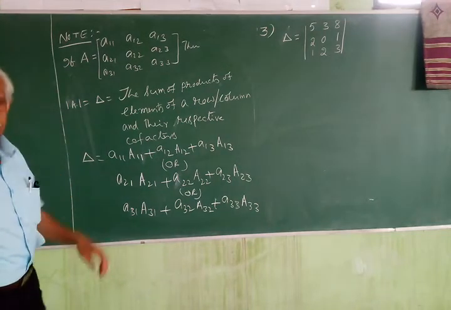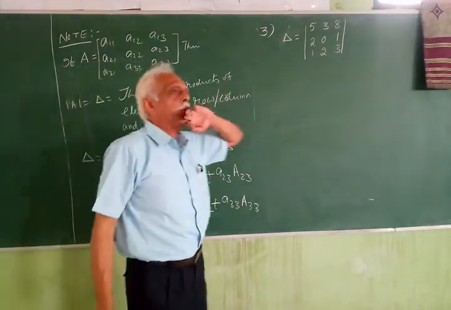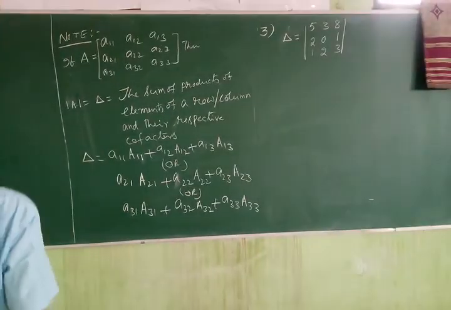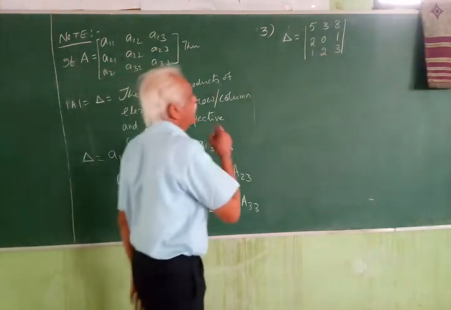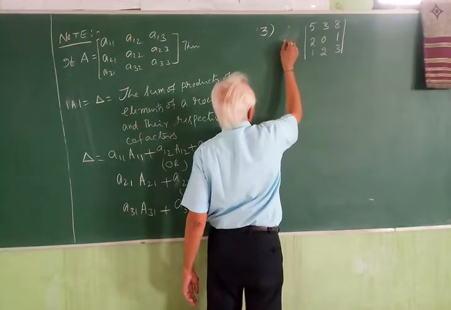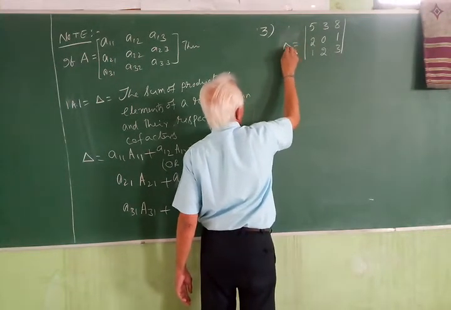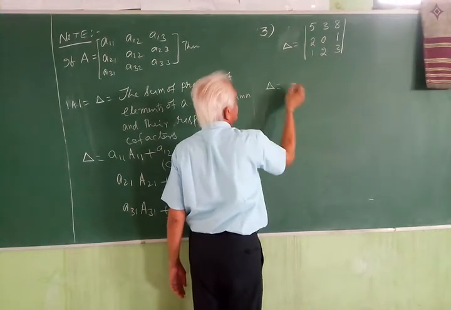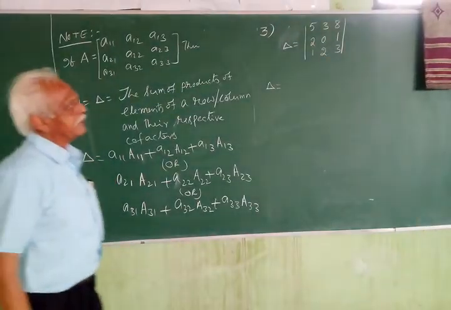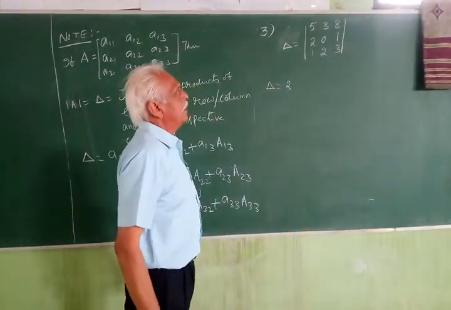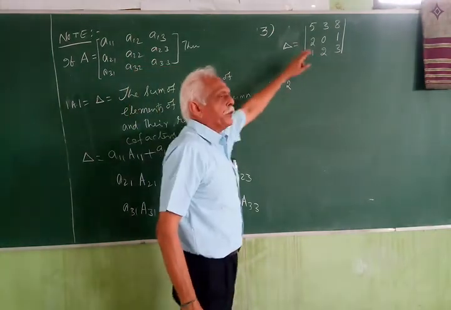Now, you are asked to find this value using the elements of the second row. What is the formula? A21, this one, into the cofactor of